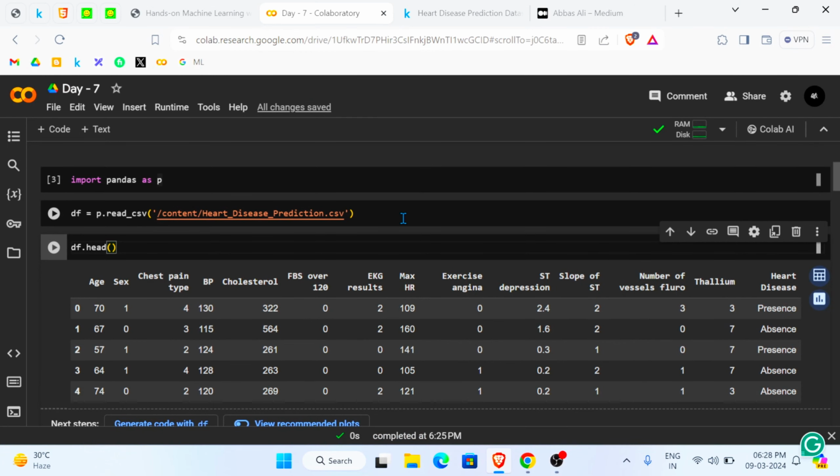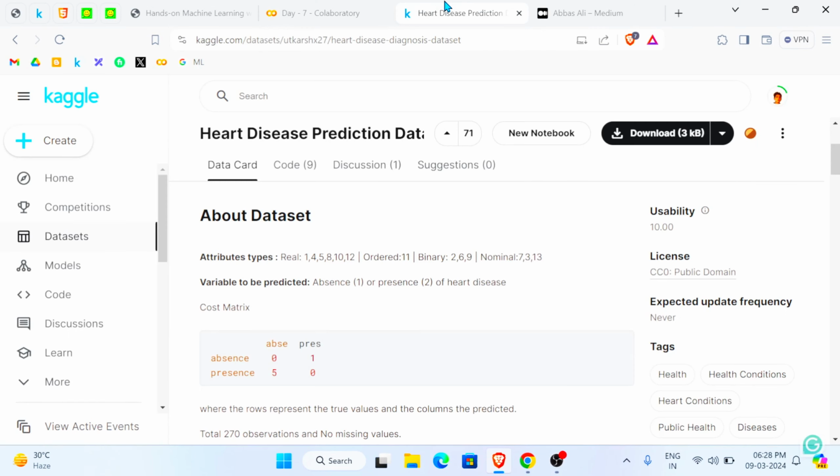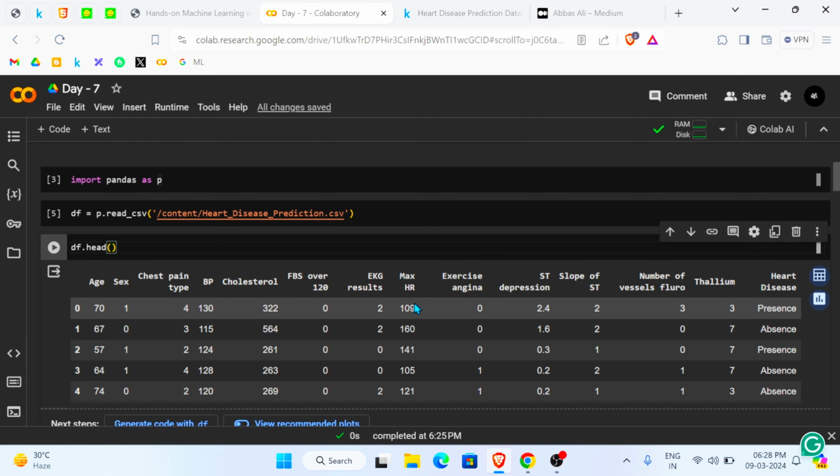Hey there. Today I was working with this heart disease prediction dataset. So I just thought of explaining this to you. This is a really easy dataset to work with. So as you can see,